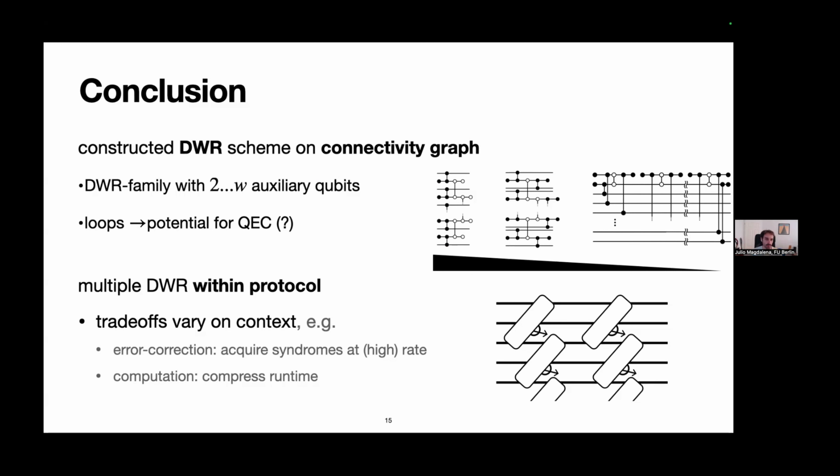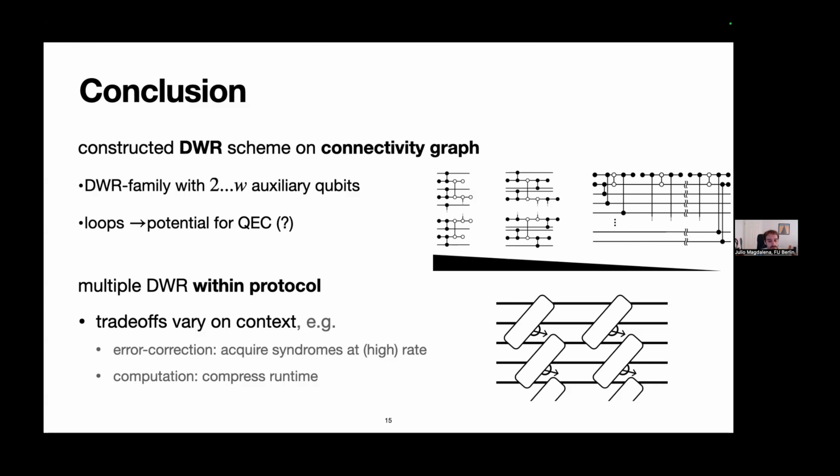I showed you how following this procedure, loops in this graph manifest in the resulting ZX diagram and how this could be helpful for QEC applications,